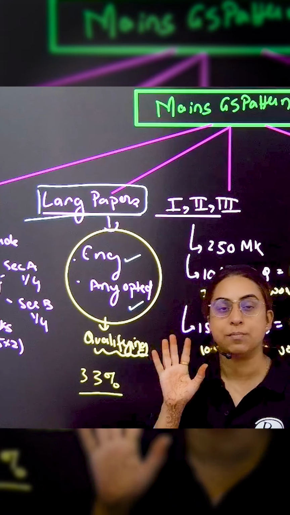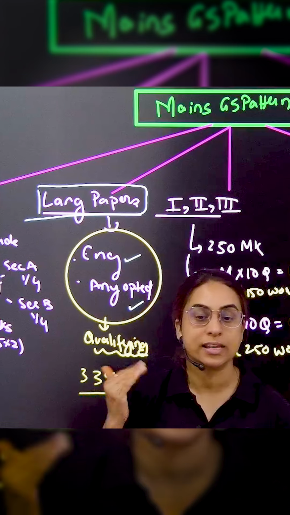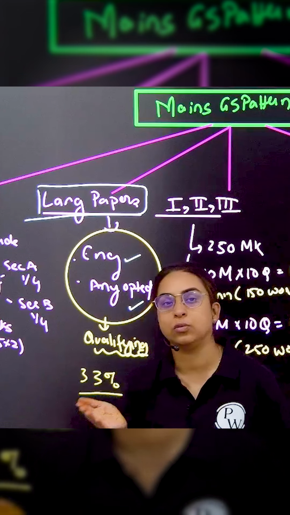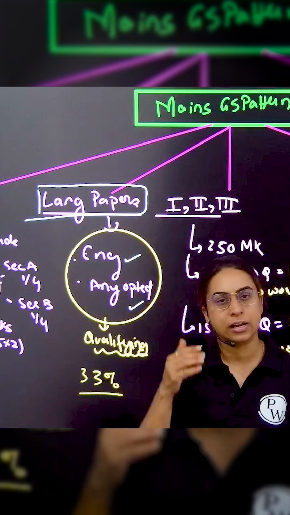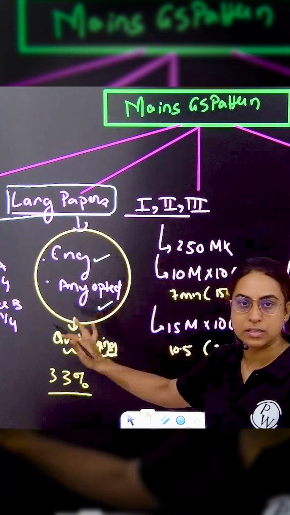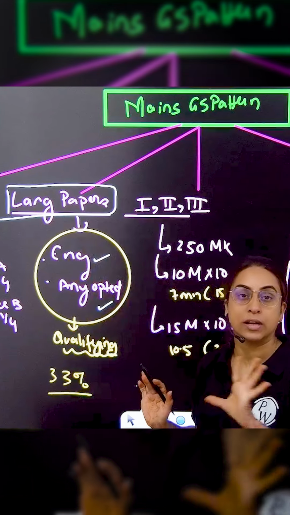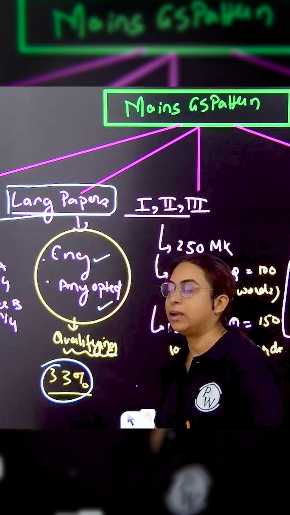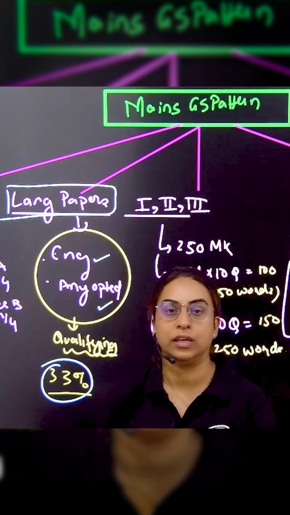So one is English compulsory, that is for 250 marks. Then there's a language paper. You can opt for Hindi, you can opt for Marathi and any other regional language. There's a list that is given. So these are the qualifying papers, 250 marks each, but qualifying, the marks are not added. You have to qualify by getting about 33% of the 250 total.